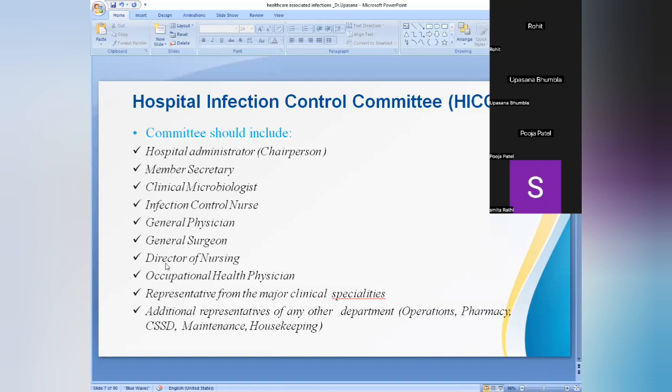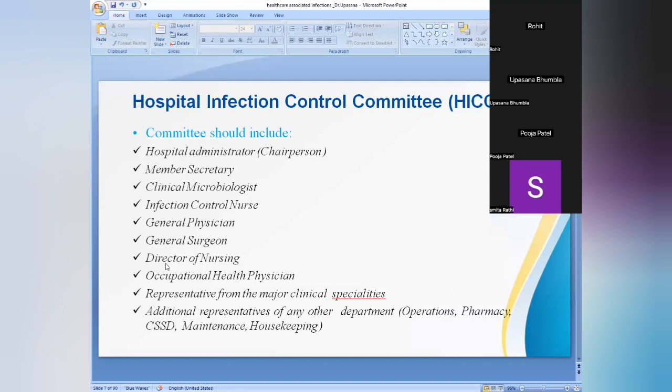Then we have the occupational health physician or the ID specialist. In all the particular hospitals, like the tertiary care hospitals, most of the time they have ID specialists with them. So they also play a pivotal role in the HICC committee. Other representatives from all the clinical branches of your hospital and other department representatives like somebody from operations who is